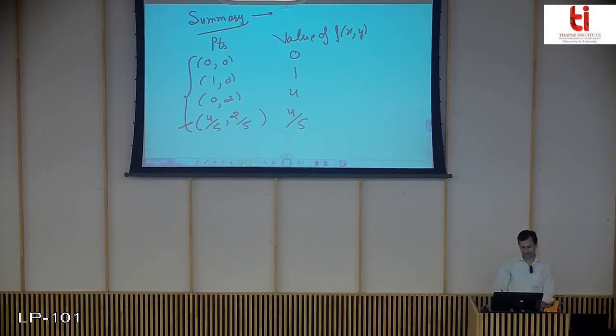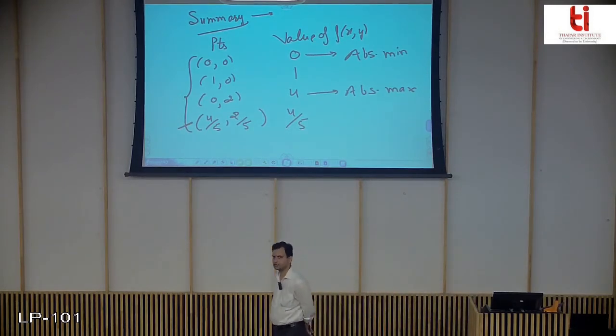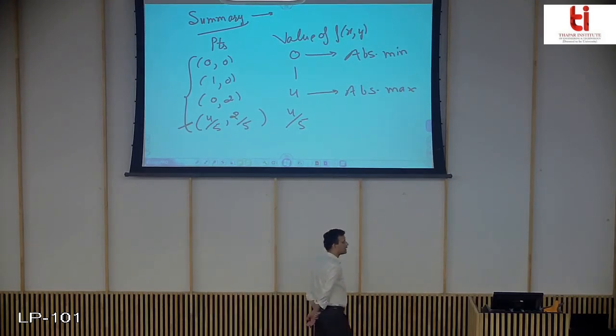So you can see here you have your absolute minima, and here you have your absolute maxima. So in this way, you finally write the values of the function at the points that you have found, and then out of these values you choose the value which is maximum and the value which is minimum. So this completes the solution of this question.